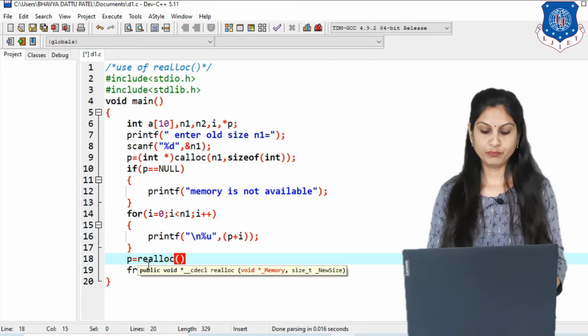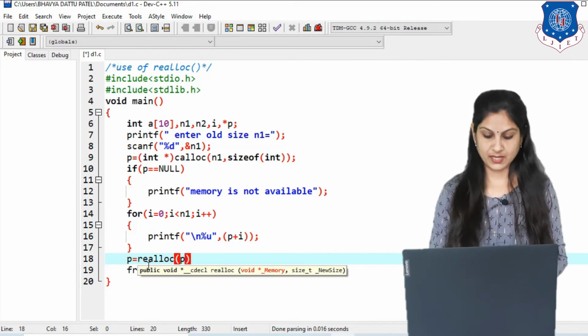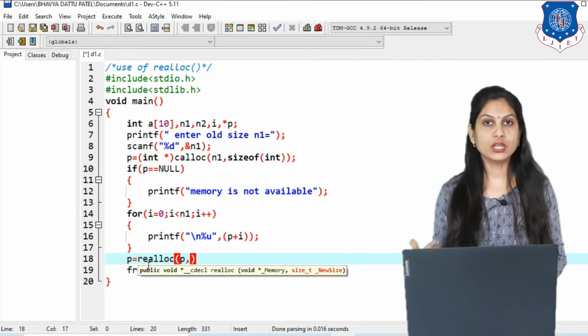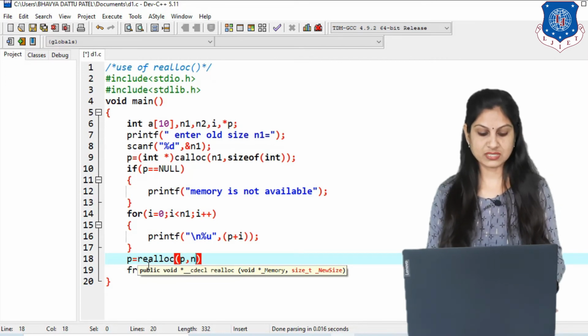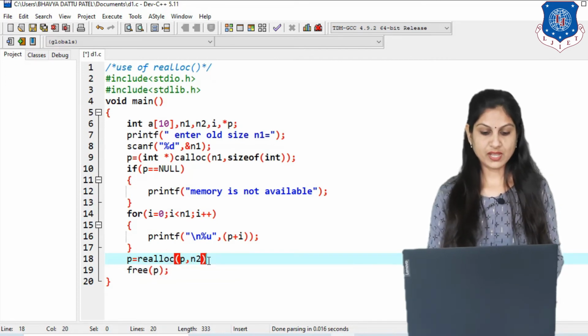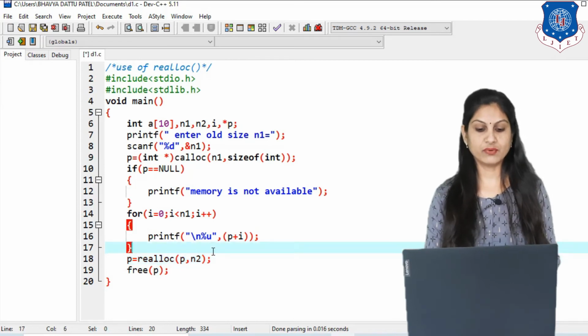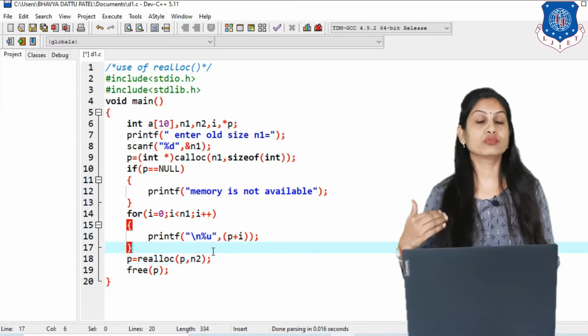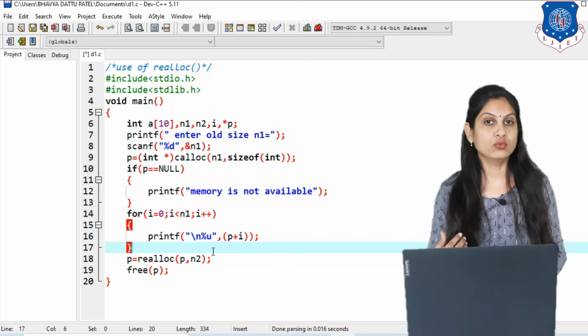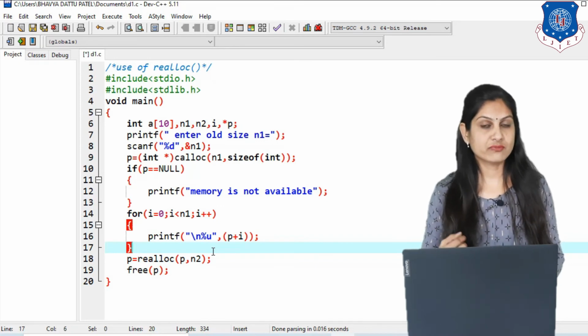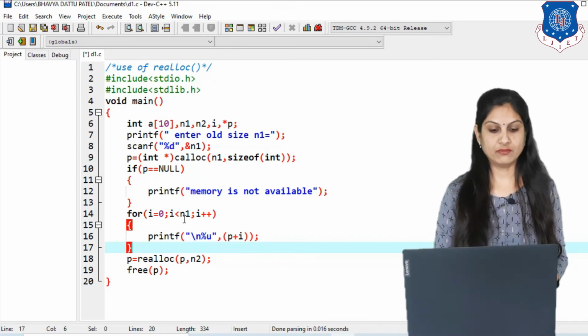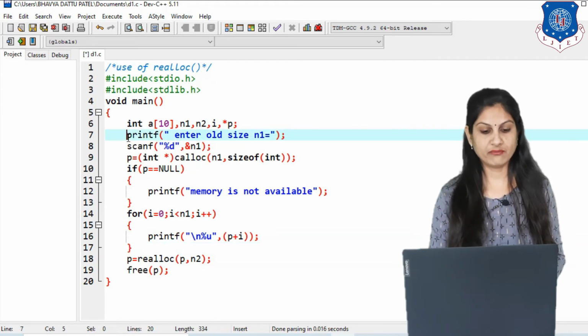First one is the pointer name, that is p, and then comma the new size, suppose n2. So when we are using this syntax, first our task is what? We have to read the n2 value from the user to change the size from the previously allocated one, and for that we are using the same printf and scanf.